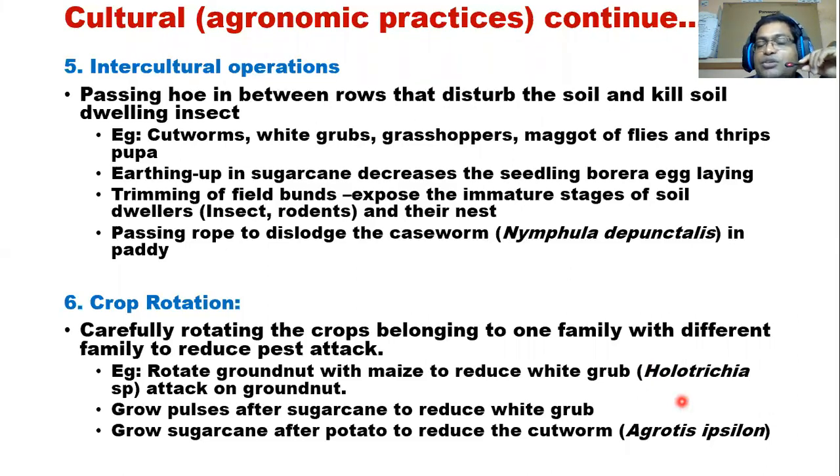But this is not a very big problem here because we are not cultivating only one season. In Nuwara Eliya district they cultivate more potato, but they cannot cultivate sugarcane over there because it's cold. But in India, China and other countries, their environment is more suitable for both potato and sugarcane cultivation continuously. Then they have to go for rotations. If you choose monocot and dicot crops in the crop rotation, then you can easily minimize these pests.